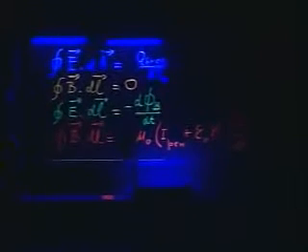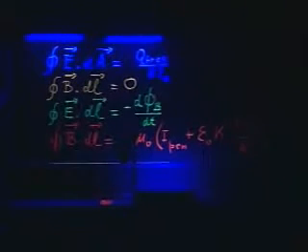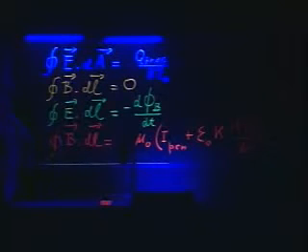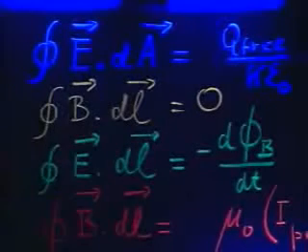Here we have Maxwell's equations the way we know them. And let's first look at number one. That's Gauss' law. Gauss' law says that the closed surface integral of E dot dA, that's the electric flux through a closed surface, is equal to all the charge inside divided by epsilon 0, but you have to allow for the kappa,